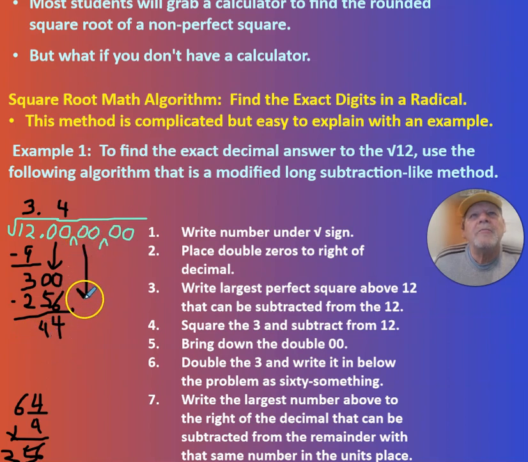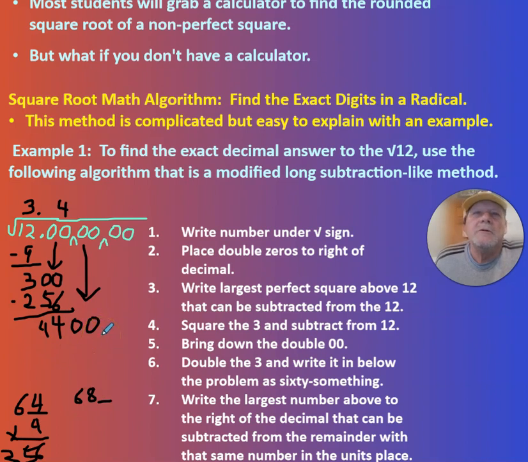Then I bring down my double zeros. Now's where the numbers are getting kind of big. And this is why people struggle with this, because the numbers are pretty big. Now I'm going to go up. Remember what we did? We're going to double the 34. So I double the 34, and that's going to be 68. And it's going to be 680 something. Okay? So you think how many 680 somethings will go into